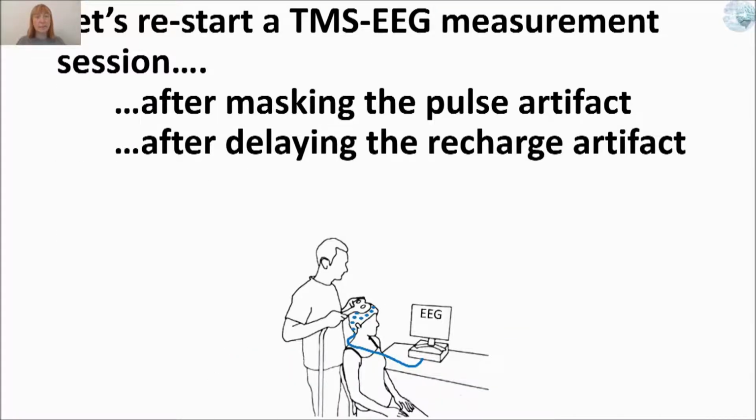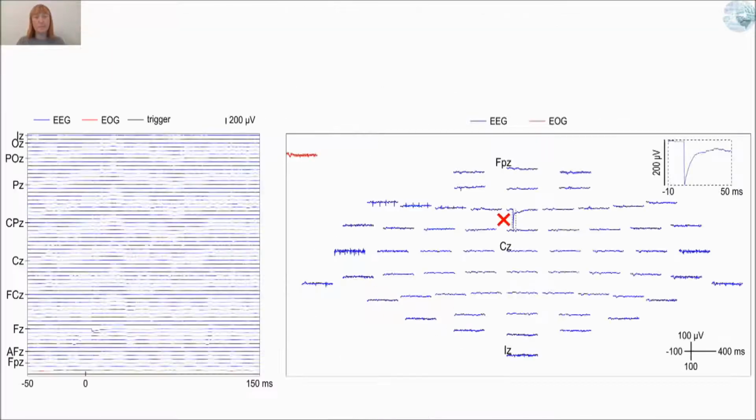Great, so let's restart. We have masked the pulse artifact and delayed the recharge artifact. Do we see the single trial EEG response to TMS? Well, here the signal is much improved as compared to the previous examples, but we still have an artifact. This artifact is not as big as the pulse artifact or the recharge artifact, but it is quite annoying for